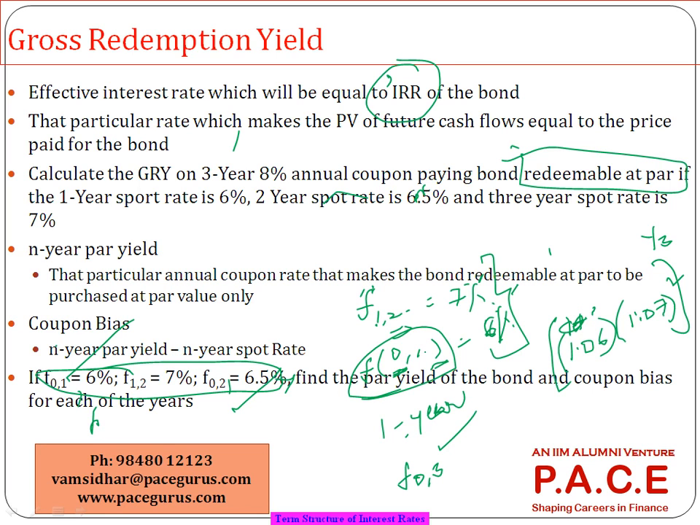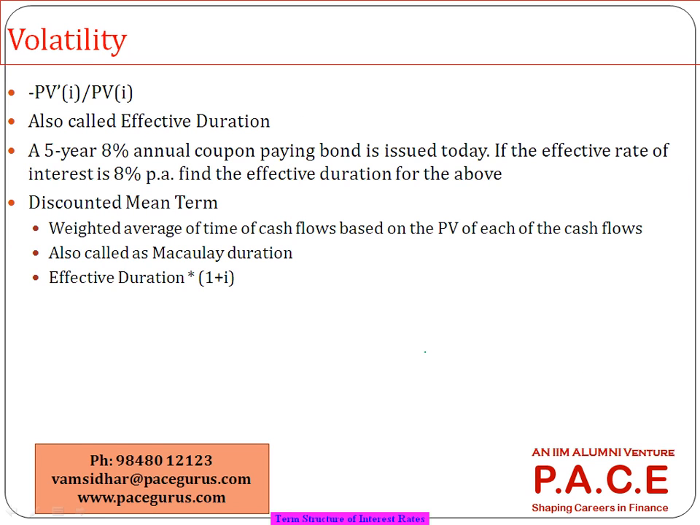You can make the computations exactly on the same lines as we have done right now itself. So there should be some level of comfort in terms of computing the gross redemption yield and N-year par yield, and finally finding out the coupon bias for each of the years. All right. Now we'll move into the next important aspect of our session, finding out the volatility associated with